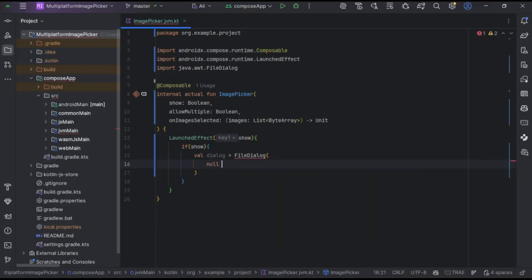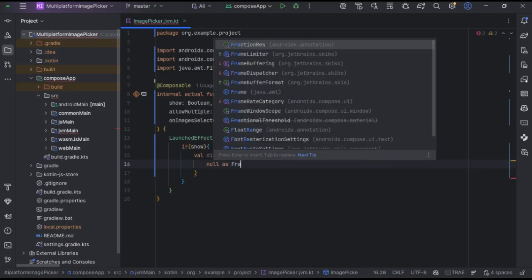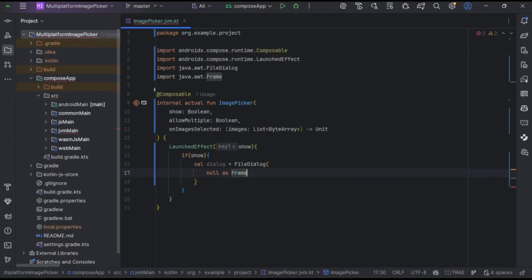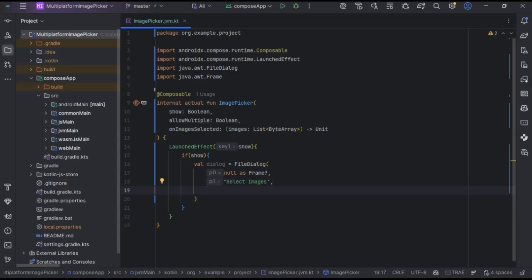We shall pass in a null as the frame, and make it nullable. So what this means is it's an operand frame, which is always for the other floating button. And we shall also pass in the dialog title, put in "Select images",